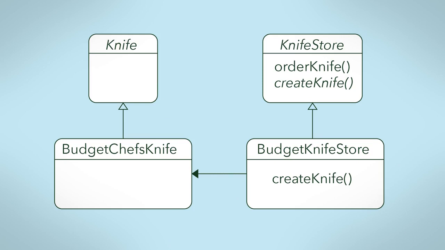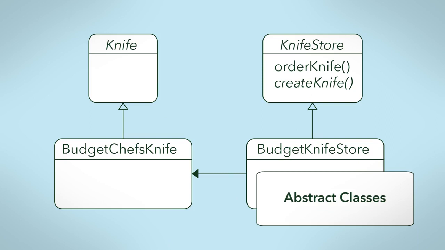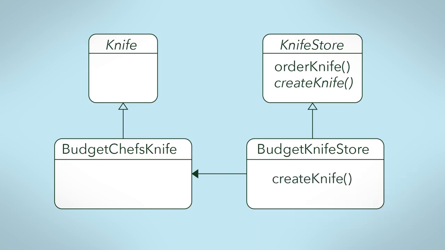First of all, both Knife and Knife Store are italicized to denote abstract classes. You cannot instantiate these classes directly. You must define subclasses of them. The UML diagram shows only one subclass of knife, but there could be more. Budget Chef's Knife, Budget Paring Knife, etc. We could also have more than one Knife Store, maybe Quality Knife Store or Family Knife Store, which would make